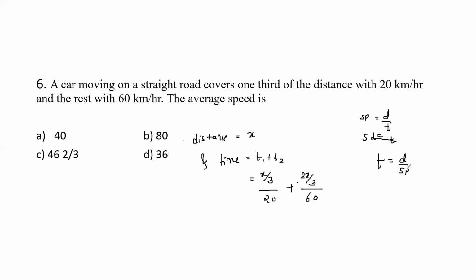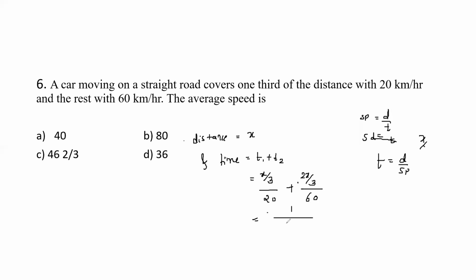So distance, if it is x, speed is 20. Then next distance divided by speed is 60. So first distance value they have given it as x by 3. Then the remaining becomes 2x by 3. So if I simplify this, it becomes